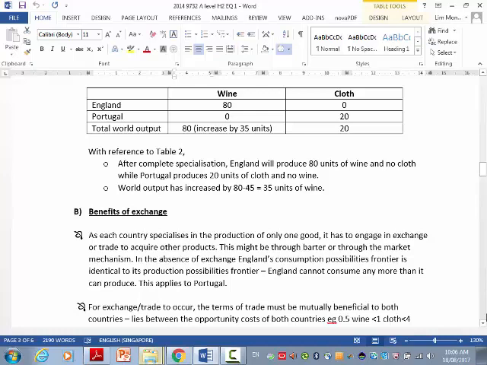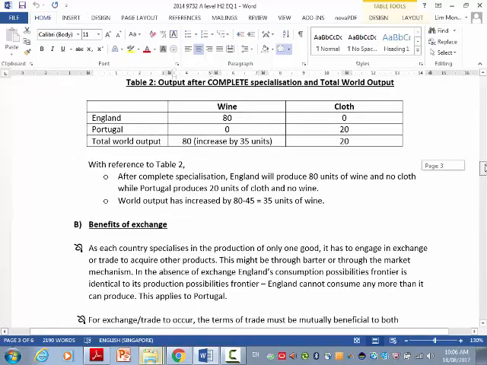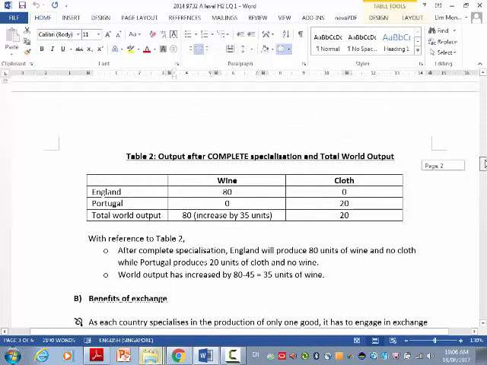So please don't go and tell me about increased scale, EOS and whatever else you mentioned. Because when you specialize, you also increase the scale. Alright, but right now I'm talking about the table. What do you want to show through the table? Through the table, you can't show EOS.